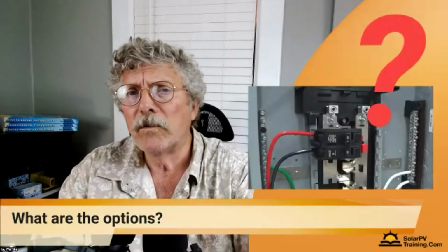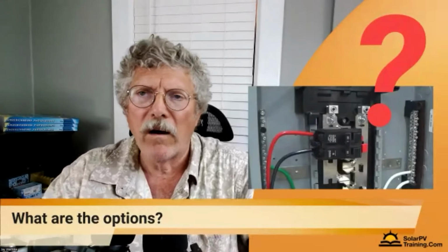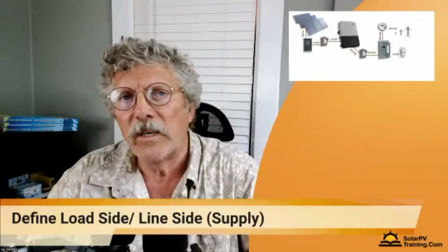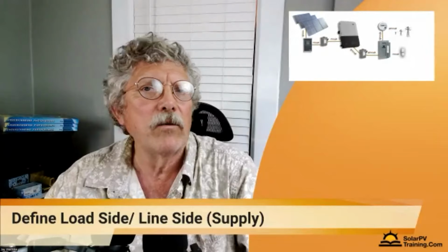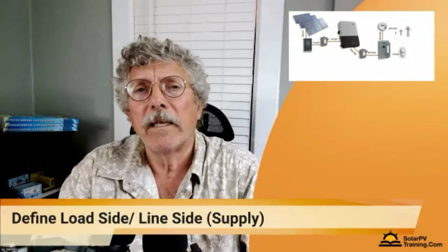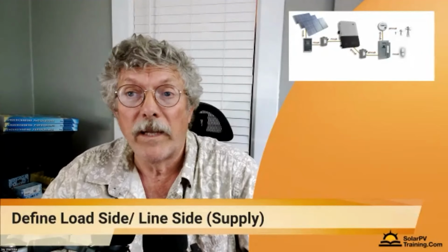But for folks who don't do that, there may be confusion or misunderstanding about just how these units are connected in so that you're feeding to the grid. And the most common one is going to be, well, first we should differentiate between a load side connection and a supply side or line side connection. So for smaller residential systems, I think it's fair to say that most installers would love to do a load side connection. The load side connection is simply a